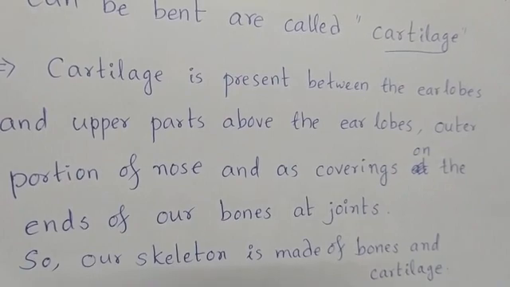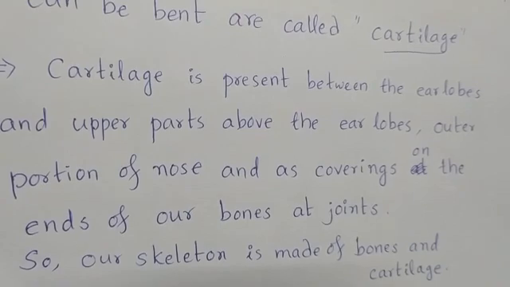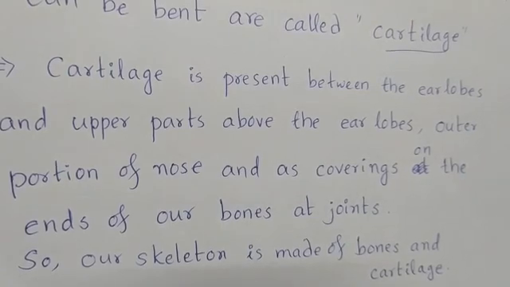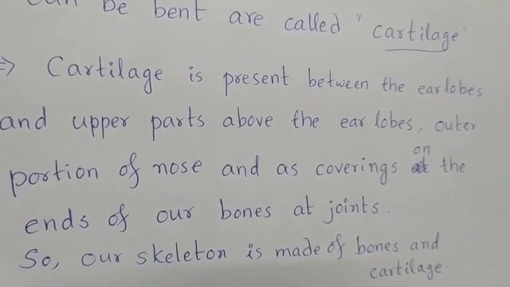You understood? And why is the cartilage present on the ends of the bones at joints? To reduce frictional force, so that as the movement is going on at the joints, the bones do not get eroded. Eroded means getting damaged, getting powdered because of rubbing with each other. One cartilage rubs with another cartilage there, because the ends are covered with cartilage. So the bone is not going to get damaged, right? This is the function of cartilage.